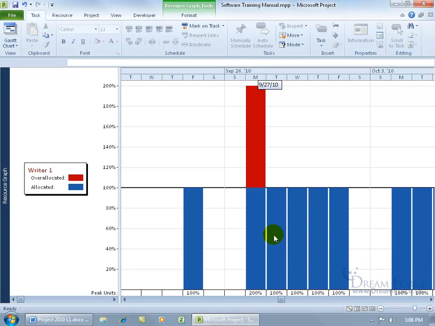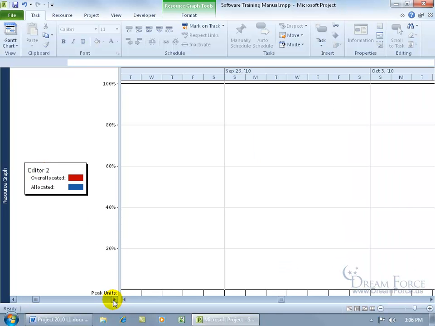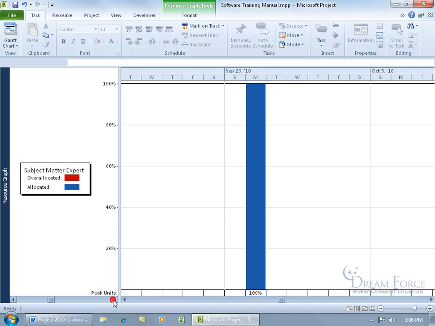You can keep scrolling back and forth for Writer 1 to find out when they're overallocated. Now to go to the next resource in the left window, go ahead and click over. Now we're at Writer 2, and you can see that Writer 2's title is not in red. Let's go to Editor 1, Editor 2, Artist 1, Account Rep. Well, remember,